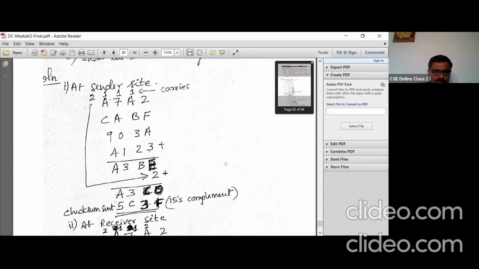Divide 16 by 16, you get 0 remainder and 1 quotient. That 1 goes to the carry here. So B plus 1 is C. This 3 is 3, A is A again.